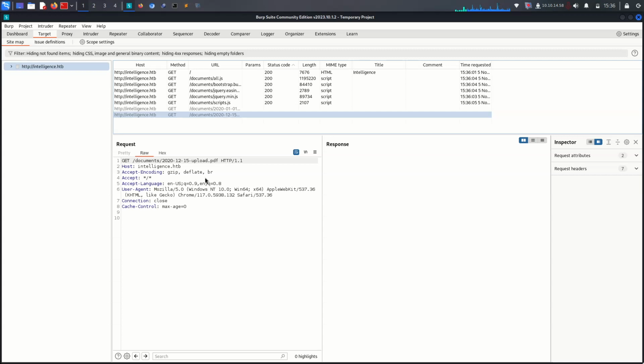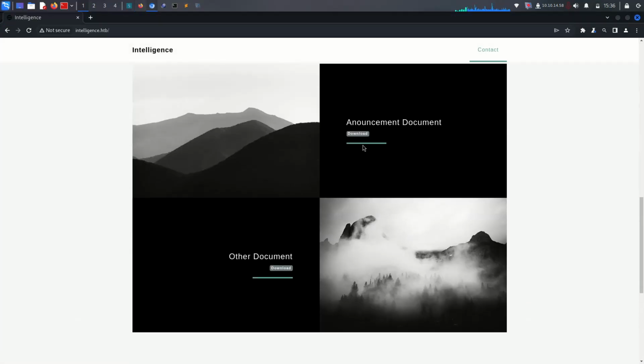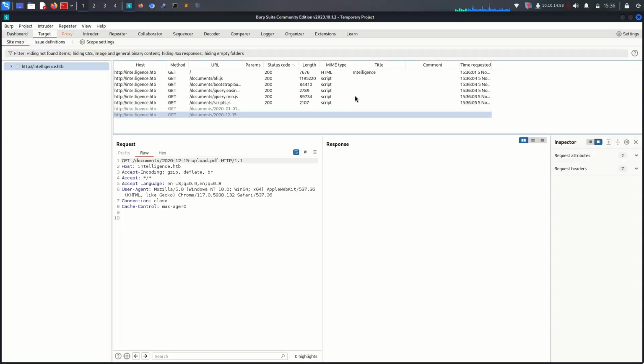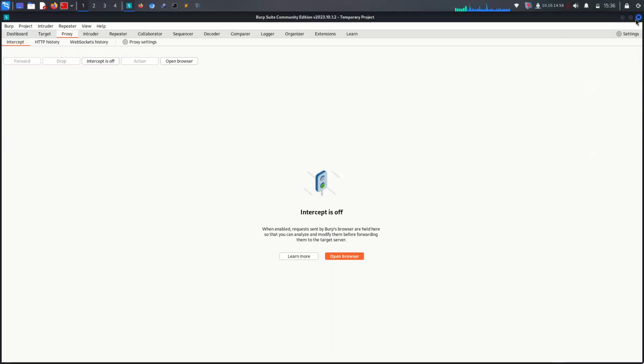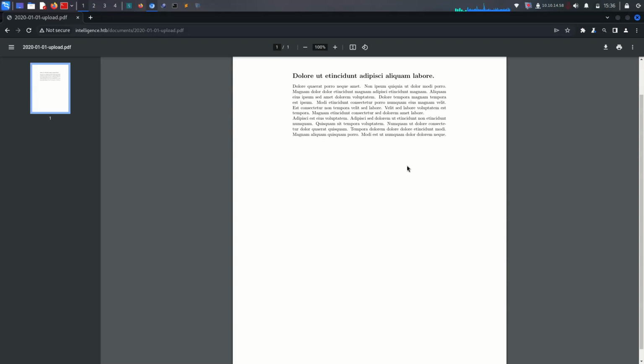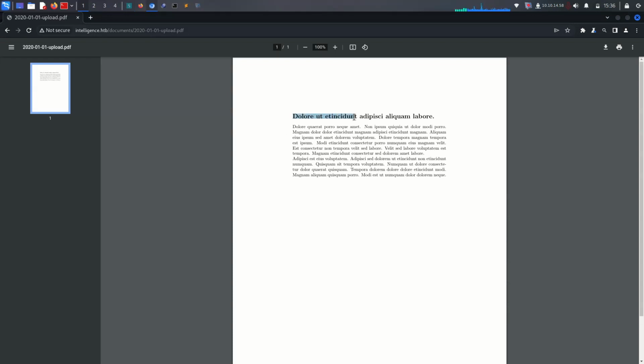So we are already getting an upload PDF file here. Let's try analyzing this upload PDF file. I think we have to intercept this. Then it's calling us something like a dollar sign, but we have no idea about this language, right? So now we have two options here, but before the two options, let's just focus on the directory of the PDF